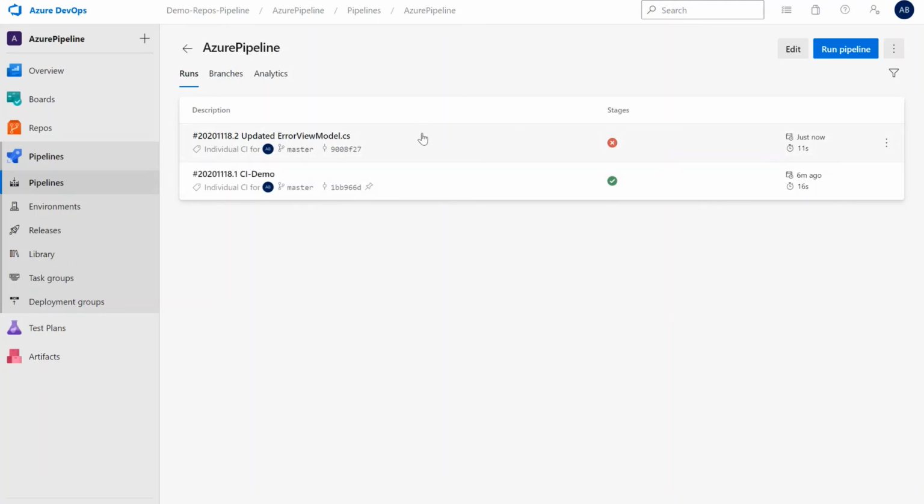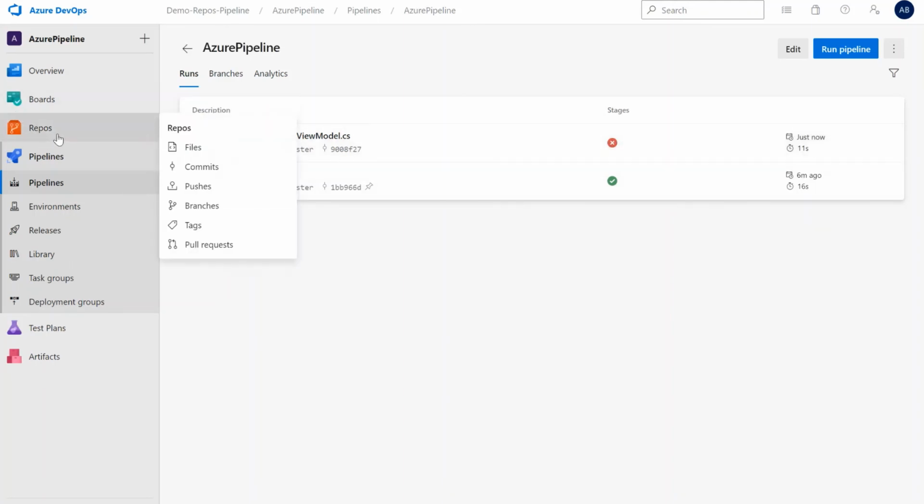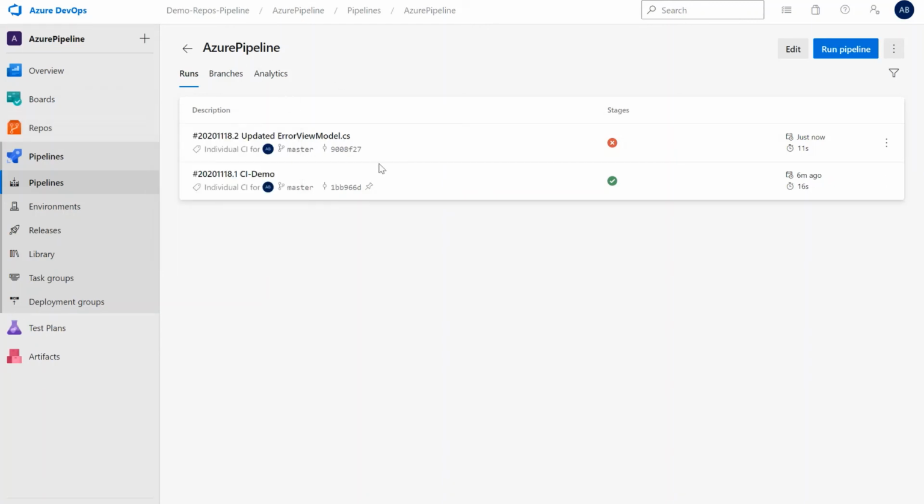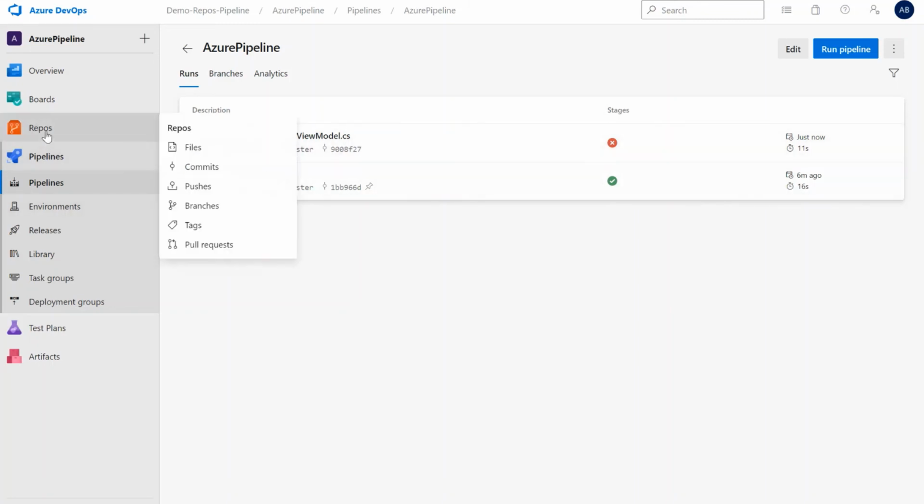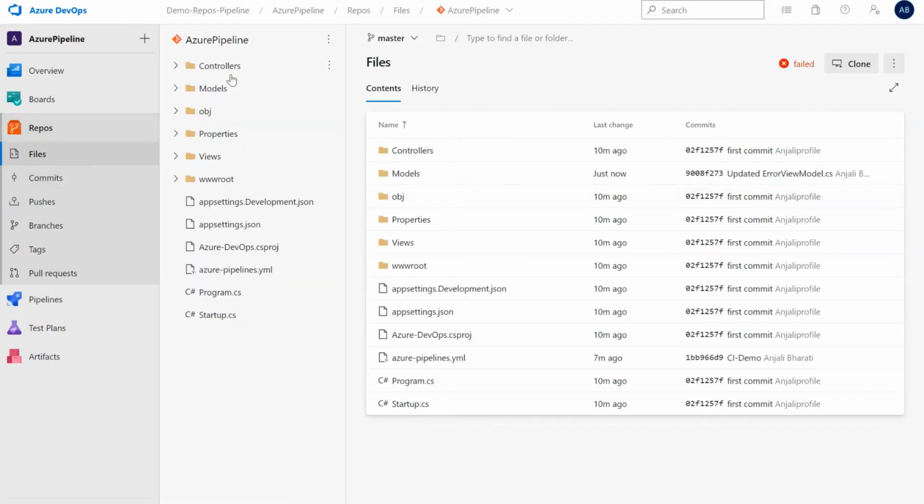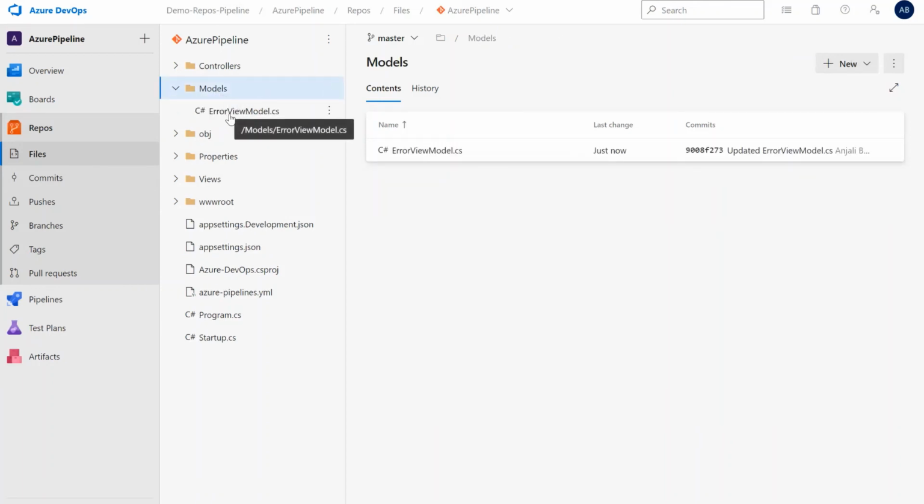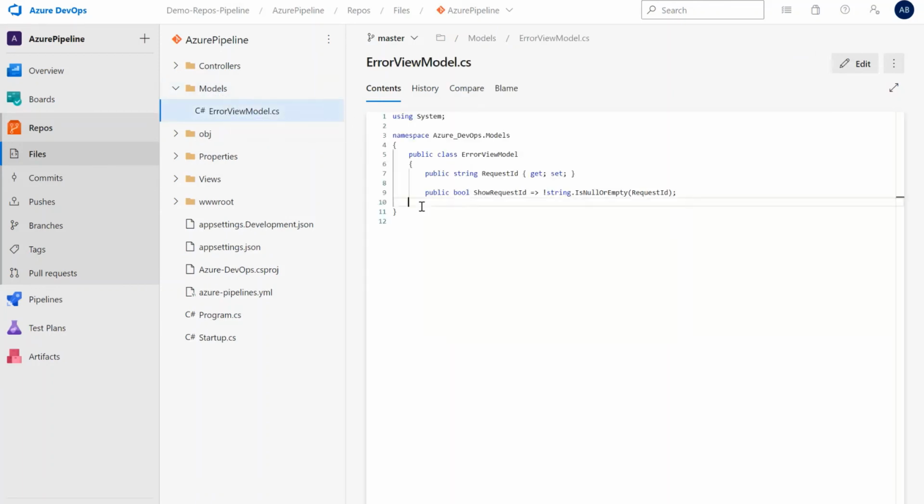If you make any change in your repo, if you push any code from your local to this Azure repo, then every time that pipeline will run. Now you can see that our pipeline has failed, so we made some wrong changes. In that model I have changed this one, so because of that it is showing an error. If I make a change again, then